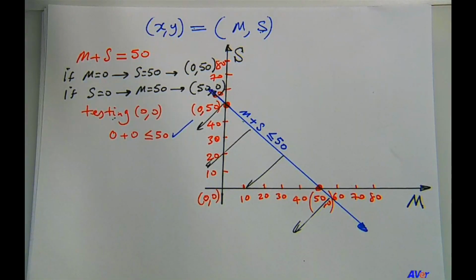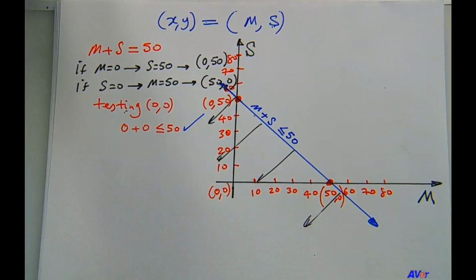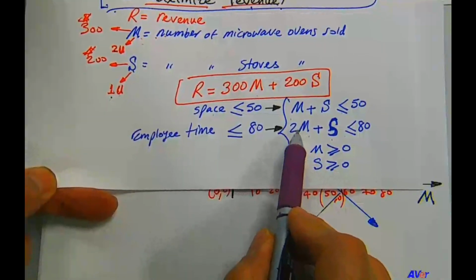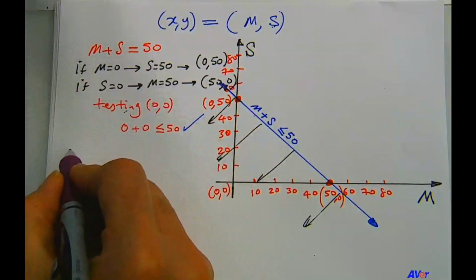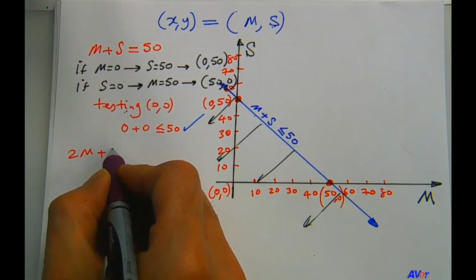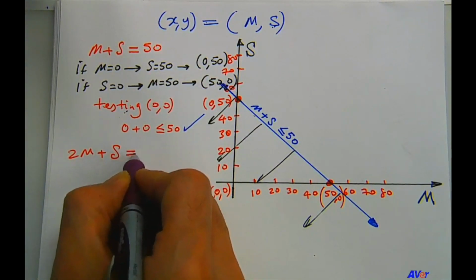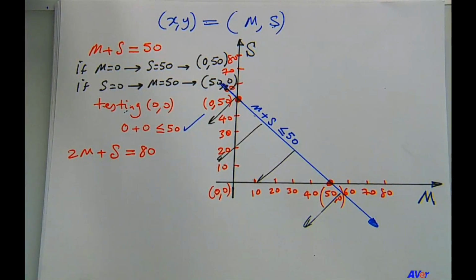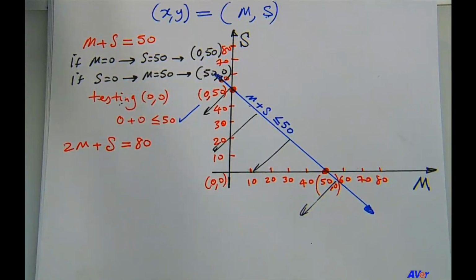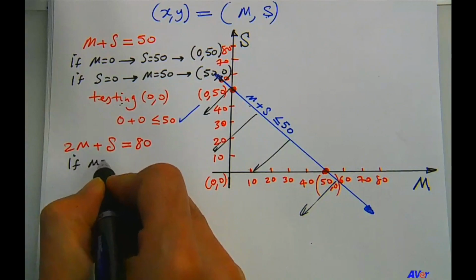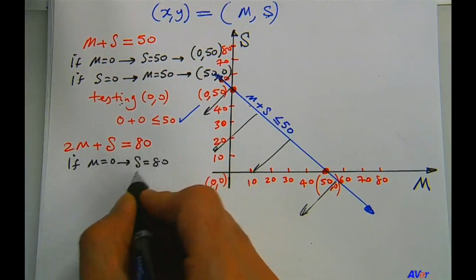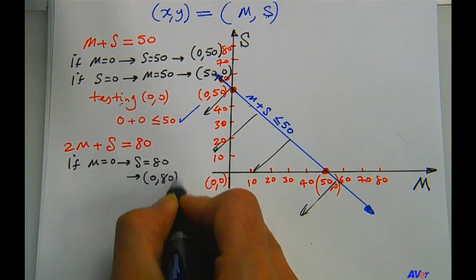Okay, so let's graph the other inequality, which is this one, right? 2m plus s less than or equal to 80. So first, just like before, we're going to find the boundary line by finding the intercepts of this equality. If m equals 0, then s equals 80. Therefore, we have 0 comma 80